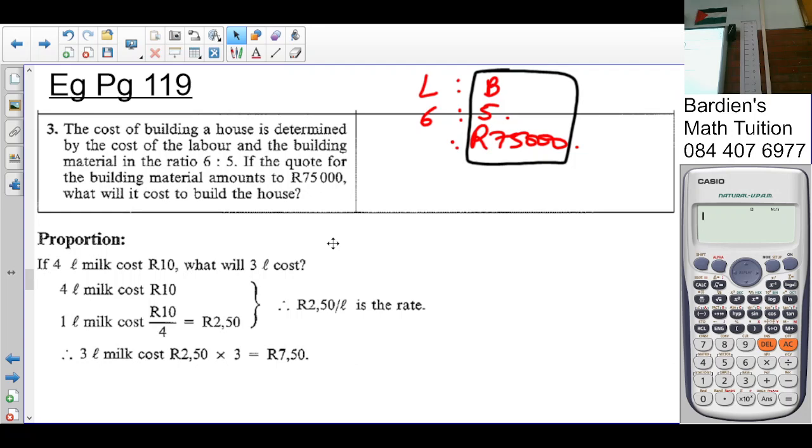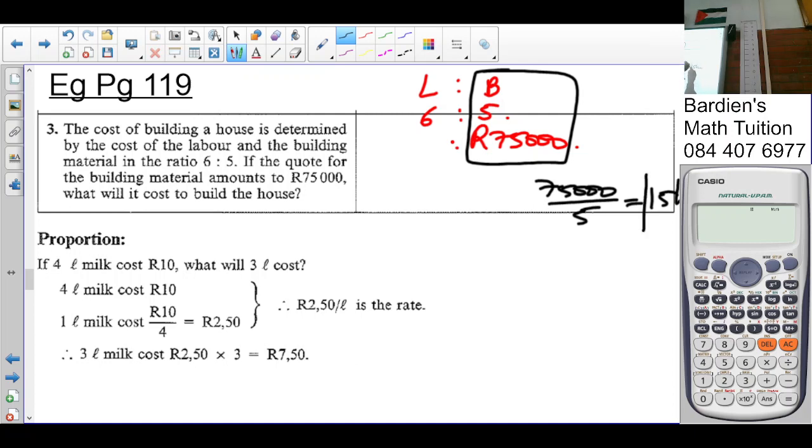Right. So what we do is we say 75,000 divided by 5 gives us 15,000 rand per unit. That's all. So if you're looking at the labor, what's the labor? 6 parts, not so? 6 times 15,000 gives us